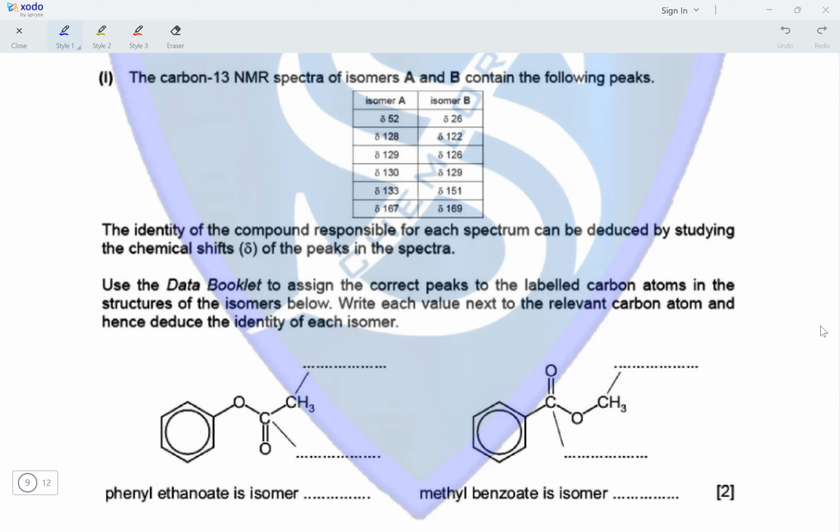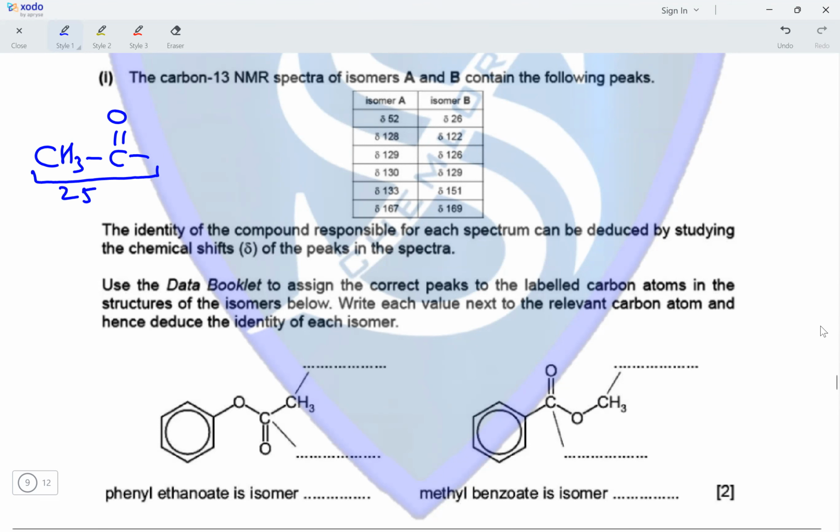So when a CH3 group is attached to a C double bond O group, the range of the chemical shift values is 25 to 50. And if it is attached to an oxygen atom, the range for this peak would be 50